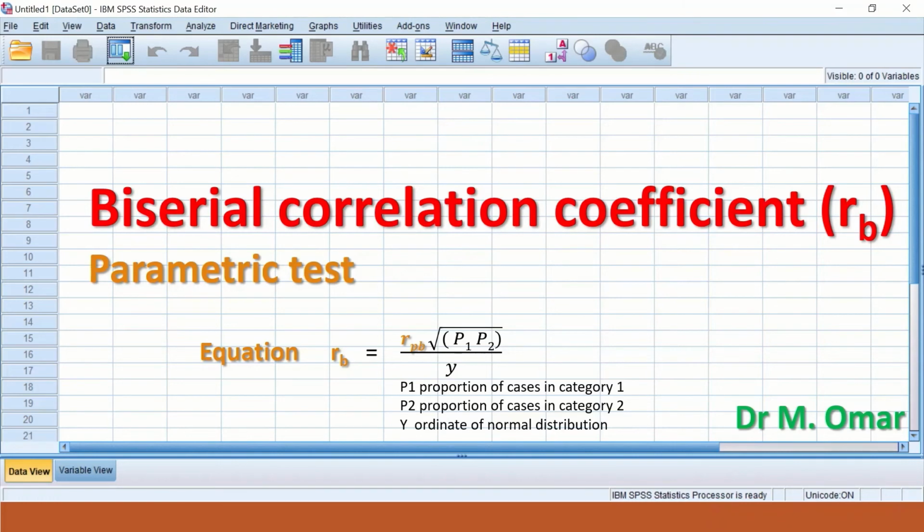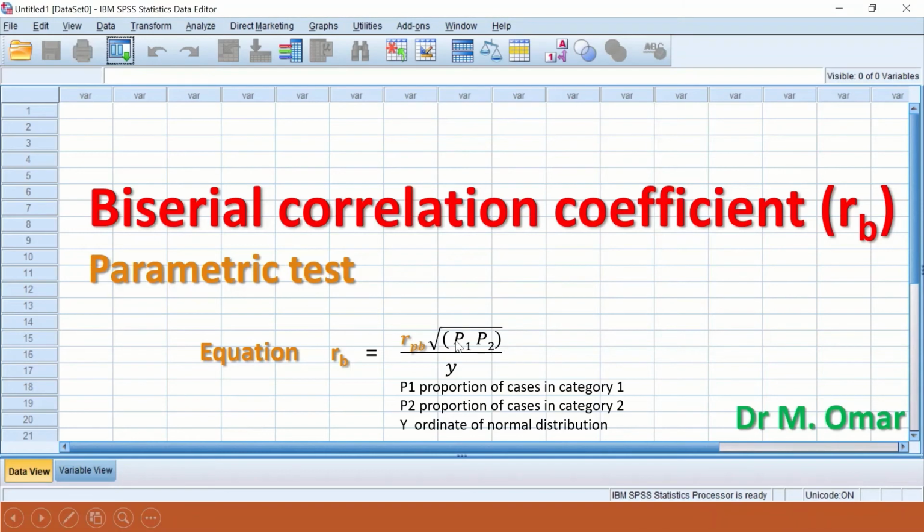Once the R value for the point-biserial correlation coefficient is determined, a formula given below can be used to calculate the biserial correlation coefficient. The equation states that the biserial coefficient equals the point-biserial coefficient multiplied by the square root of P1 and P2,